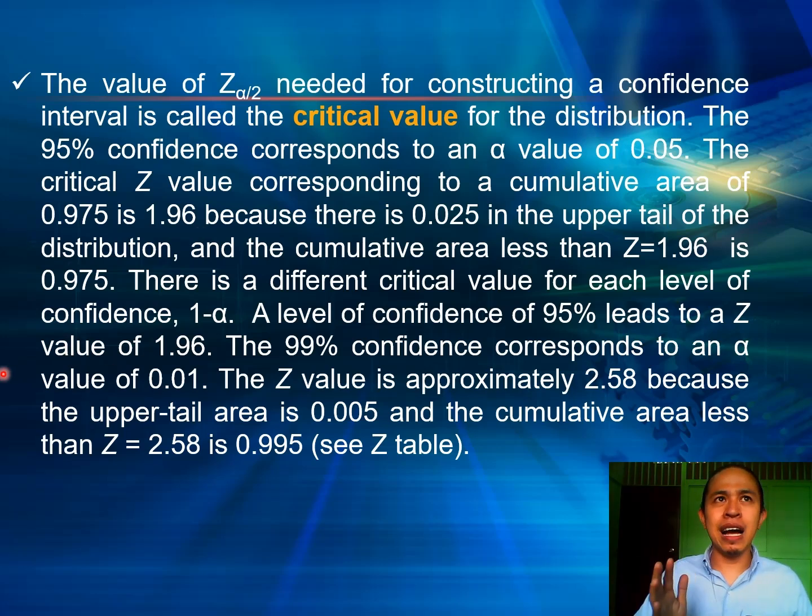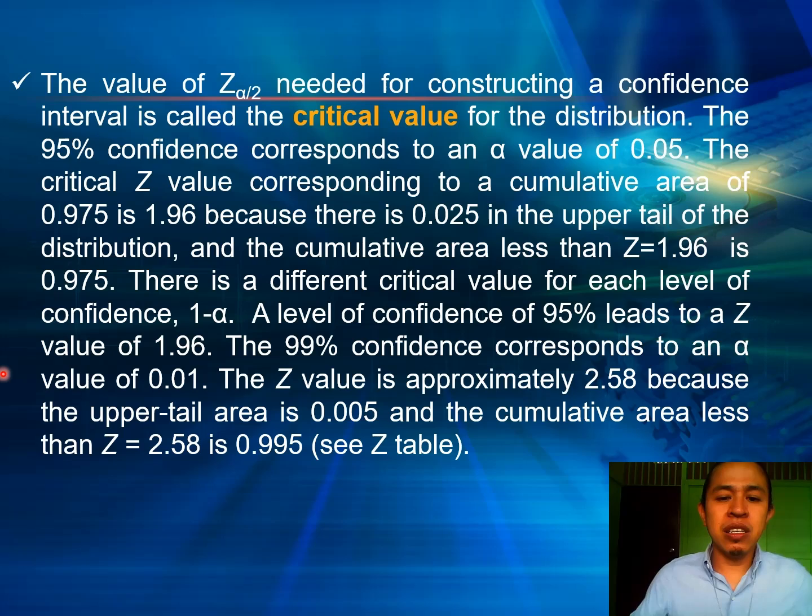Sir, a question, why don't we look for 95%? I will go back, it is not 95% because it's a normal distribution. We have the lower and the upper tail. So we have to divide the critical value into 2. That is why it is only 2.5% on the upper side and 2.5% on the lower side.